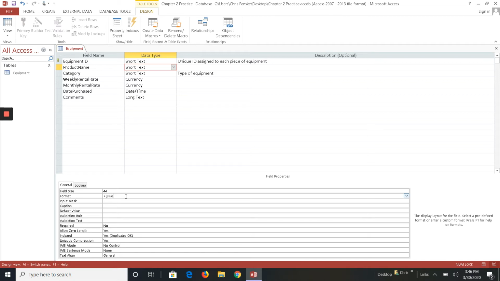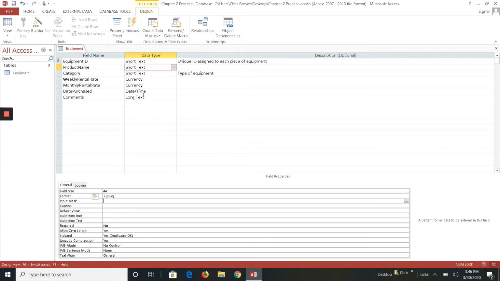And this does two things to everything that we type in. The greater than sign will make everything all caps, no matter how we type in the product name. So if you put in tractor, for instance, with just a capital T, it'll make the whole word capitalized. And then blue is what you might imagine. It's going to change the color of that particular field to all be blue